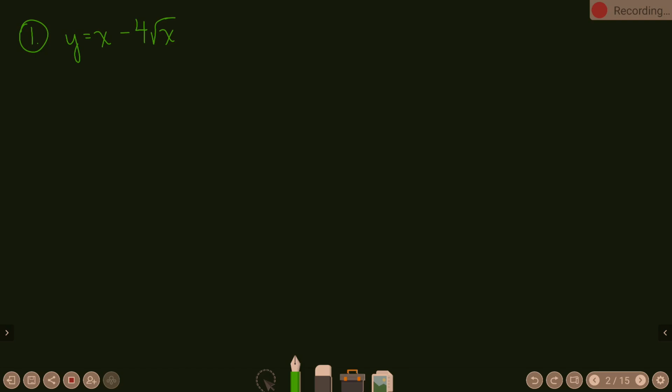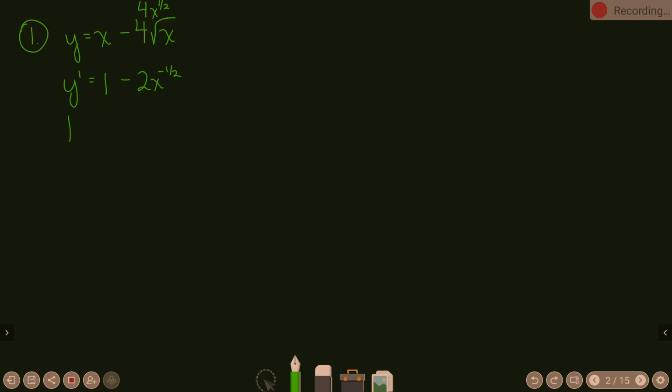Okay. Now, in order to start off, taking the derivative of x is 1 minus 4 square root of x. Remember, that is what? 4x to the 1/2. So when I do the derivative there, 1/2 times 4, 2x to the negative 1/2 when you subtract 1. Okay. If we're going to set that equal to 0,